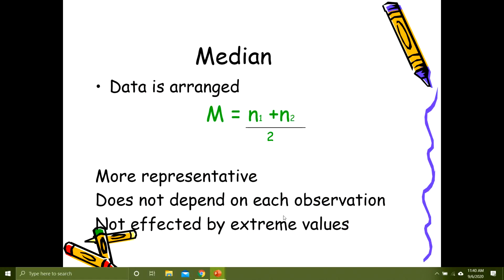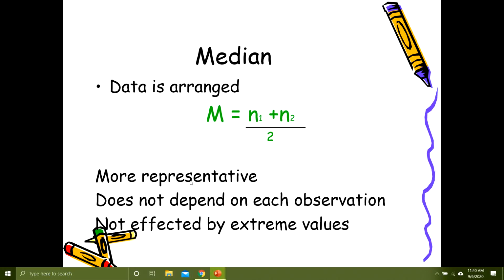In that case, we calculate the median. So whenever we are dealing with a skewed distribution in which variation is present, we calculate the median because the mean becomes meaningless then. So how do we calculate the median? For calculation of the median, the initial step is that data is arranged either in ascending order or in descending order. Then the central two values are taken into account, the two values are added up, and they are divided by 2 to give us the median.